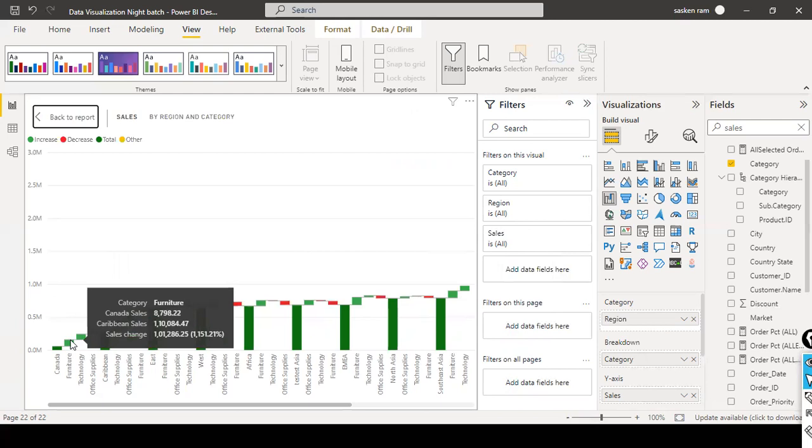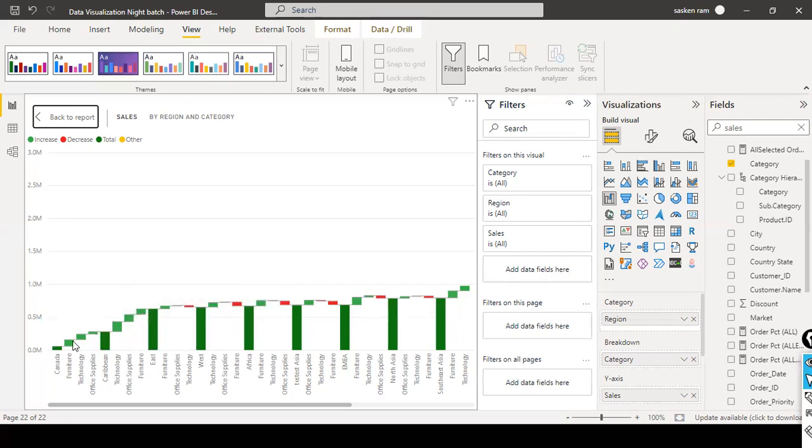In Canada, yeah, the Canada sales was 8,798. And then the Caribbean sales, that is a region, right? So each Canada is a region. This is also another region. The furniture sales in Canada is 8,000. Caribbean is 1,10,000. And the sales change gives us the percentage in sales also, right? So 1151 percentage increase in